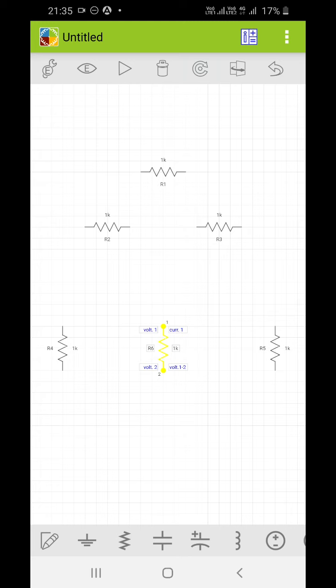Now I will require 2 voltage sources, and these DC sources are available over here. Just click on them, you can get those. Okay, just again click on it. Okay, now you have to connect them. You can connect them using this wire symbol, so click on it. Yes, and every time you click on it you will get a new wire. So every time you have to click on this wire to connect the 2 components.